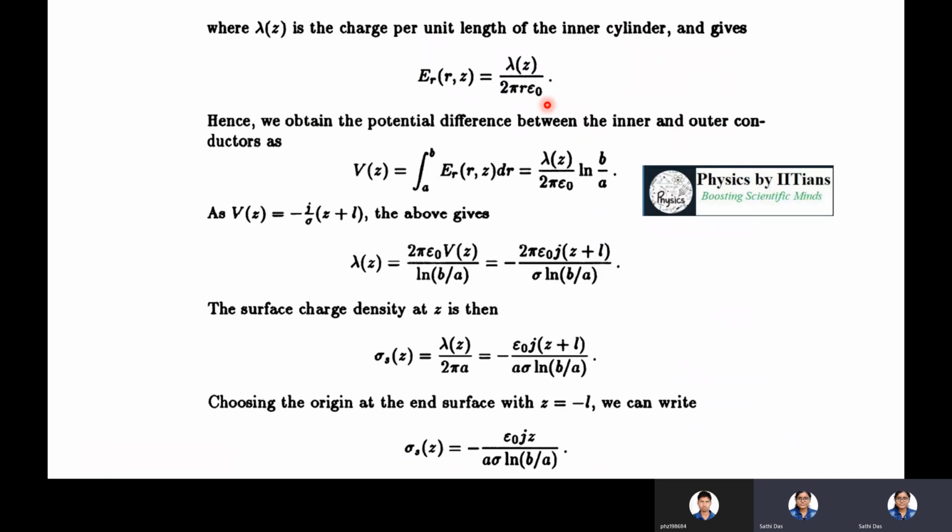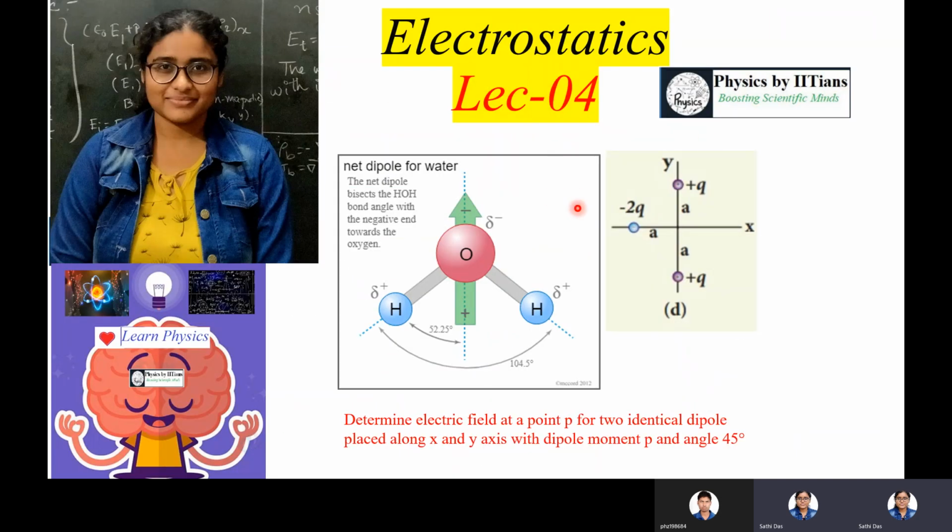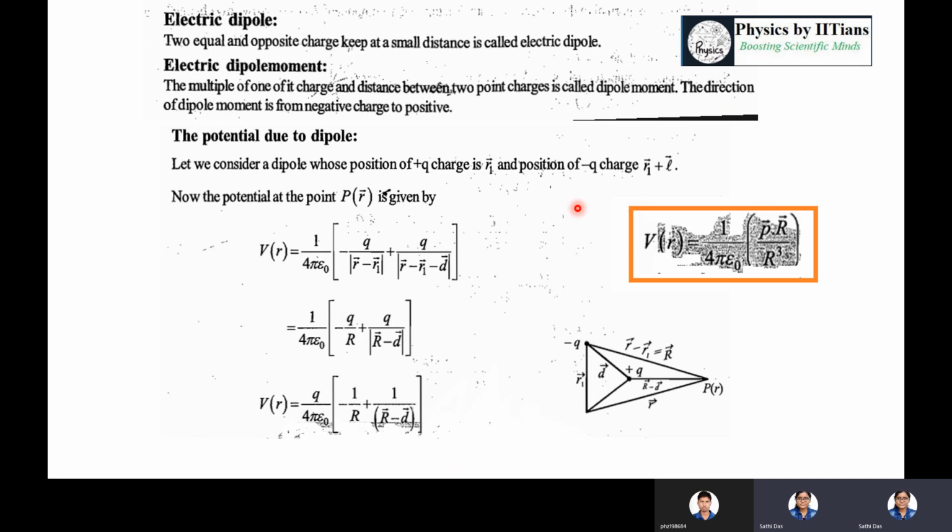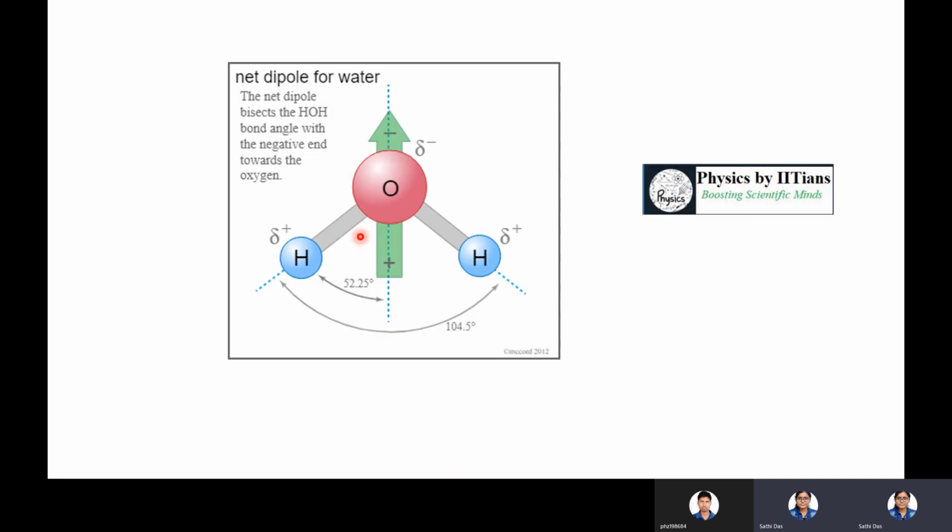So in this lecture we will learn about dipoles. Why are dipoles important? Because we all know that this is a water molecule. Now in the water molecule, there are an oxygen atom as well as hydrogen atoms. So here there is the negative charge of oxygen and the positive charge of the two hydrogen atoms. And if they are separated by a small distance like here, they will form a dipole. So this is the net dipole moment, which is non-zero for water.